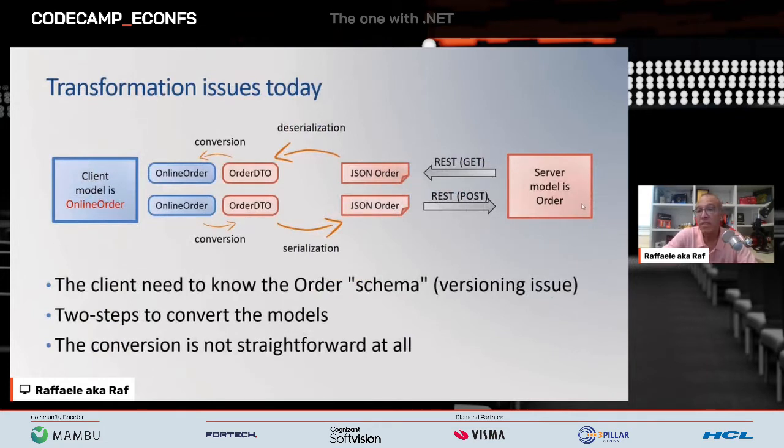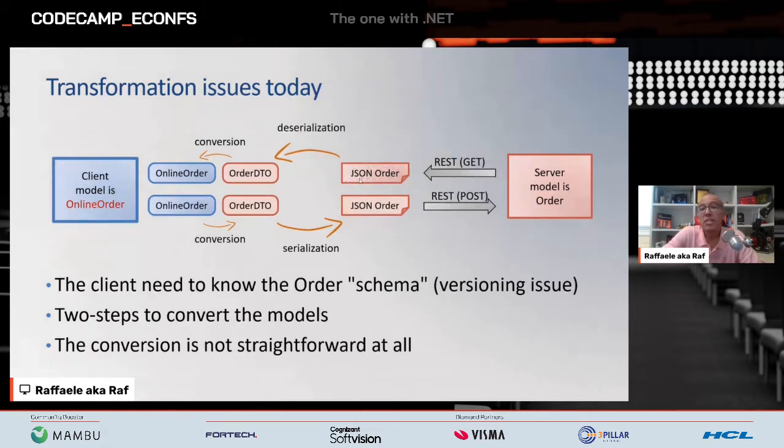Why? Because we have a server. The data can flow in this direction for a GET, or can flow in the opposite direction with a POST. And you always have a form of serialization. Let's stick for the moment with JSON, but many of the things that we are saying can also be expressed in other wire formats, of course. And this has